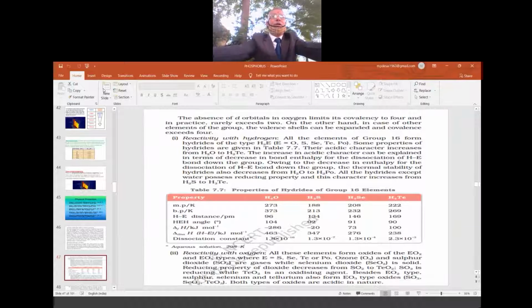As we move down, the hydrides slowly become less stable. But H2O and H2S you have seen in the laboratory. H2O every day. H2S we will prepare in the laboratory when you enter the laboratory in 12th class. The same H2S you will use for qualitative analysis, because H2S is one of the reagents for